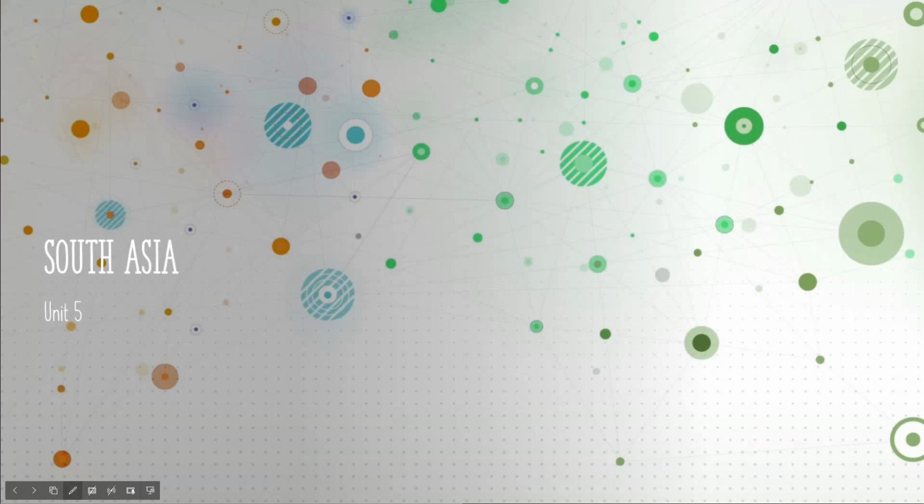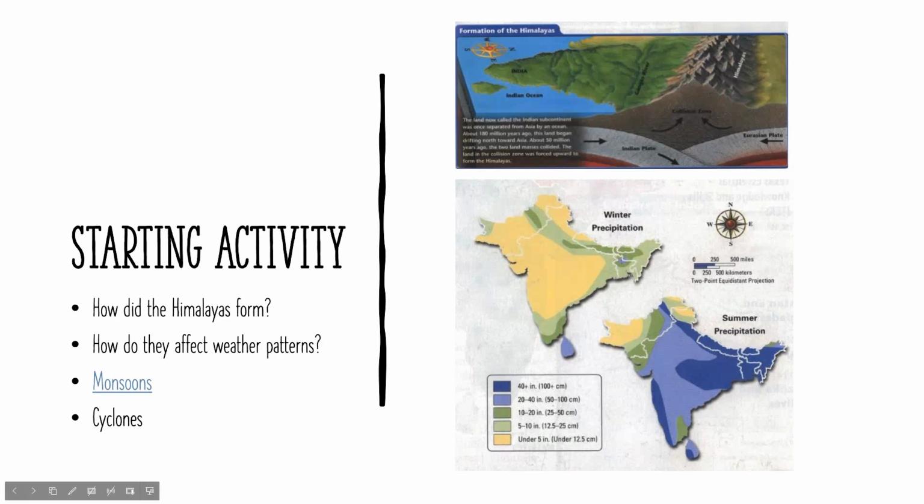Today's video will look at the physical geography of South Asia. To begin, we want to ask two questions. How did the Himalayas form, and how do they affect weather patterns? The Himalayas formed by two plates colliding together and pushing the landmass upwards to create some of the largest mountain